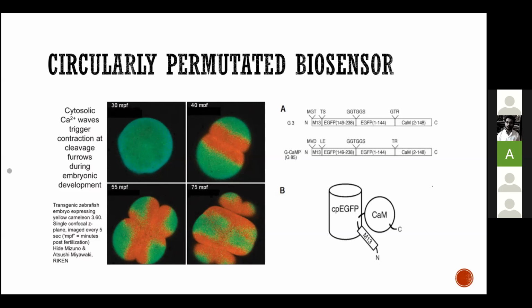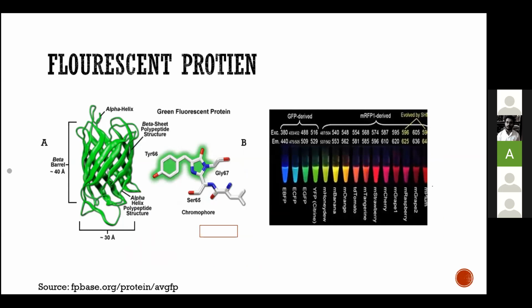ठीक है, तो अब it was all about the design and the A picture, जिसमें बहुत सारा हमने design का बात किया. Then we move on to the B part. So what Rabish was talking about, GFP, EGFP, after this permutation करके उसको आगे चिपकाने का, पीछे चिपकाने का, it makes a new barrel structure which is called cpGFP. ठीक है, मैंने तुम लोगों को GFP का जो structure दिखाया था पहले, it is basically the same thing, just you're taking the strip and थोड़ा उल्टा सीधा करके you ultimately get the same beta barrel structure.